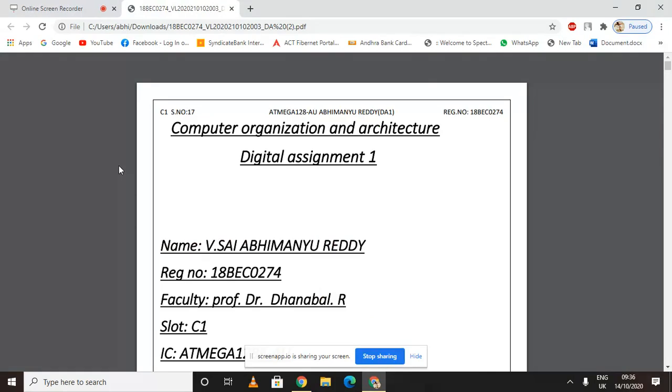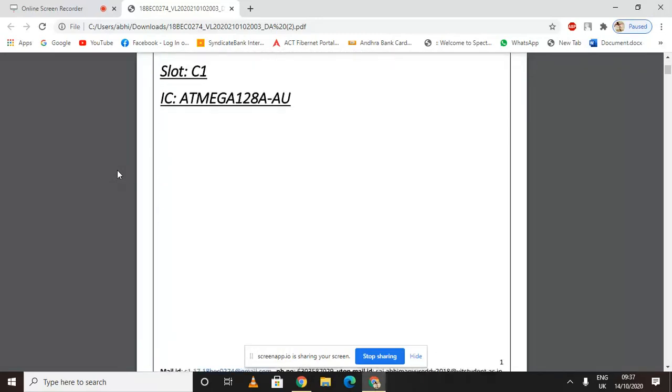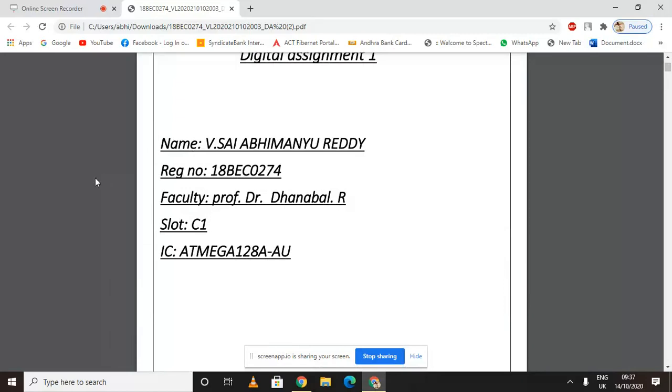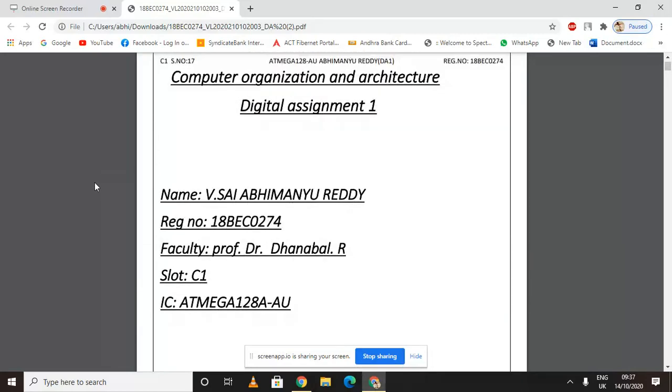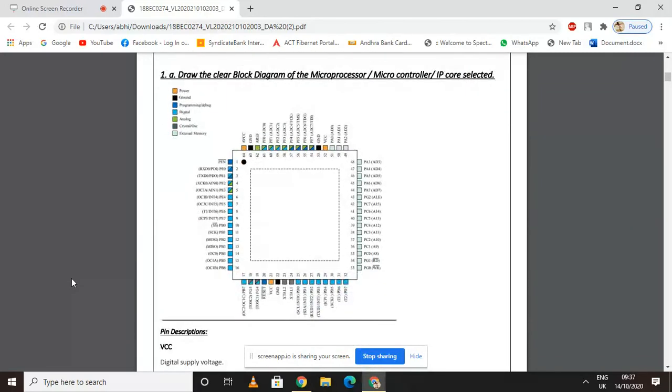This is the digital assignment one of Computer Organization and Architecture, done under the guidance of Professor Dhanabal R. Sir. This assignment is regarding taking an IC and answering the various questions related to it. I have chosen the IC Atmega128A AU, manufactured by Atmel, which is now also known as Microchip Technology. Coming to your first question, we need to draw a clear block diagram of the microprocessor or